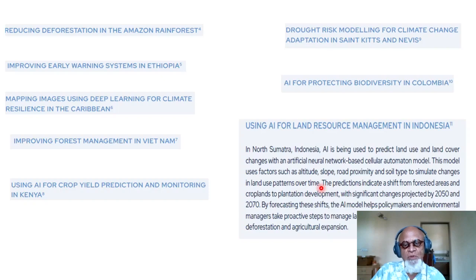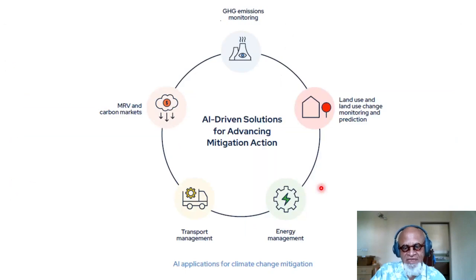It's another hot spot for deforestation, in general, losses of biodiversity, including some primates and so on that need all the help they can get. So the next one is mitigation.